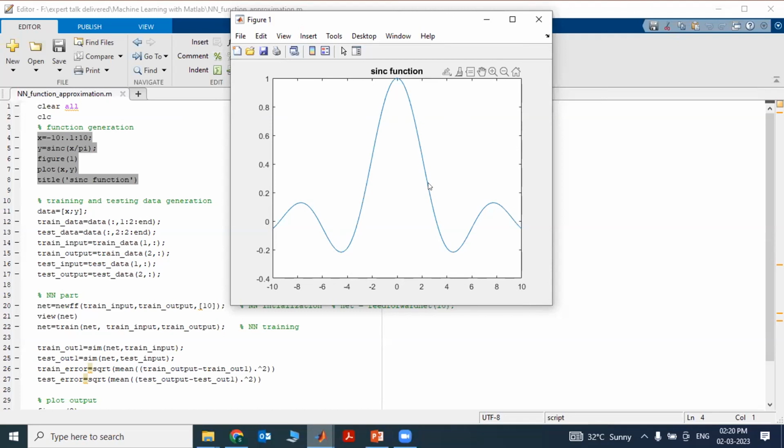Now what is the next procedure? You have to do proper validation. So there should be validation data, and then you have to choose a testing data set also, in order to find out the generalization capability of the neural network. So these three data sets you have to divide the overall data set into: training data, validation data, and testing data. So how can we divide it?